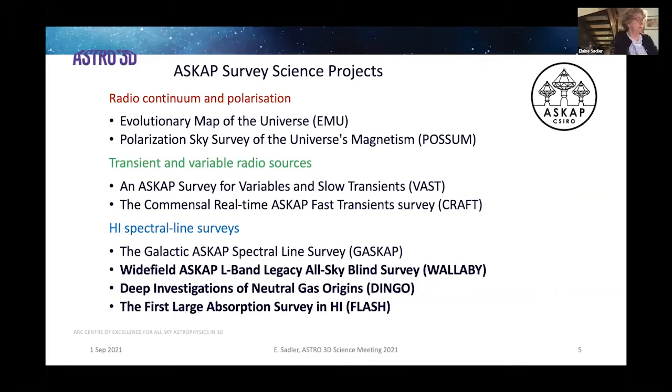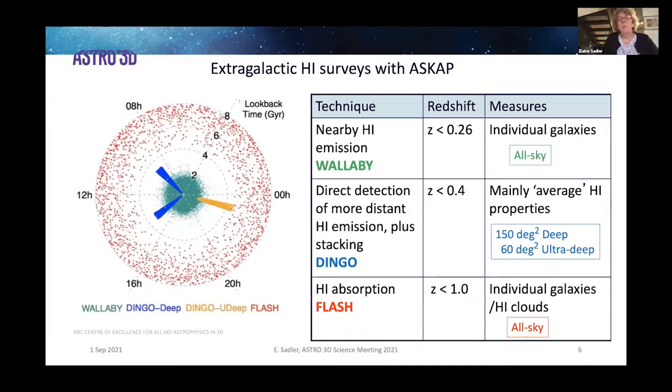So we have 8 ASKAP surveys. The 3 I'm going to talk about, 4 are spectral line surveys. So Wallaby, Dingo, and Flash are extragalactic H1 studies. There are also some transient and continuum studies. And the way that these 3 surveys fit together is shown in this diagram on the left, which really comes